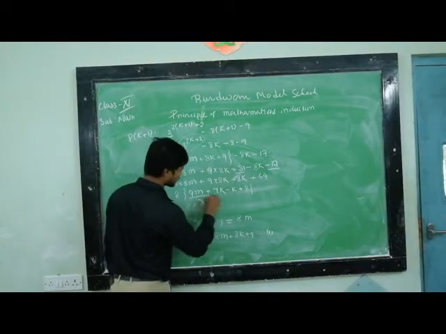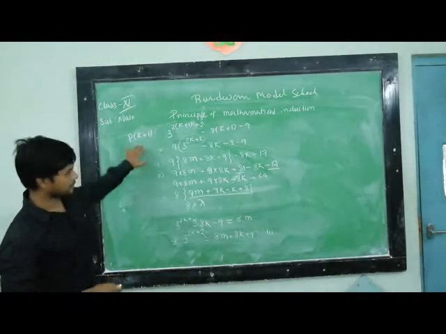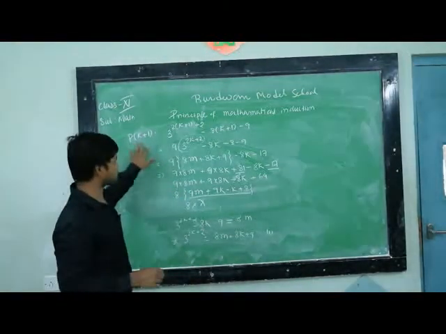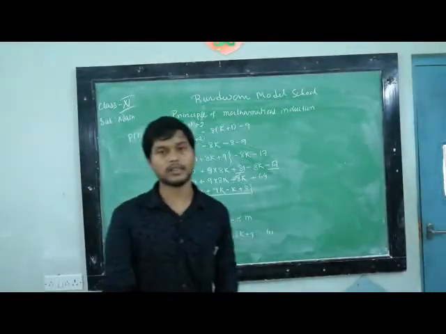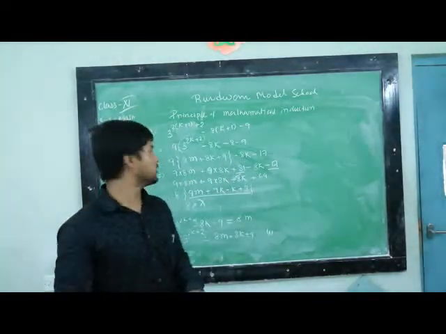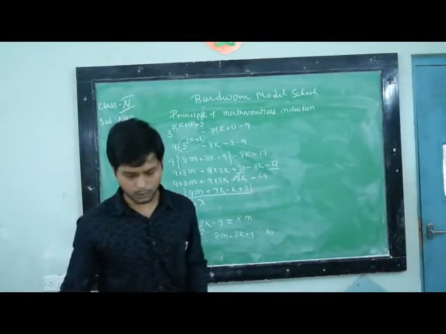Let lambda equal to this expression within the bracket. So p of k plus 1 can also be expressed in the form 8 into lambda. That means p of k plus 1 is also divisible by 8. So by principle of mathematical induction, we can say that the given statement is divisible by 8 for every value of n, and hence proved.